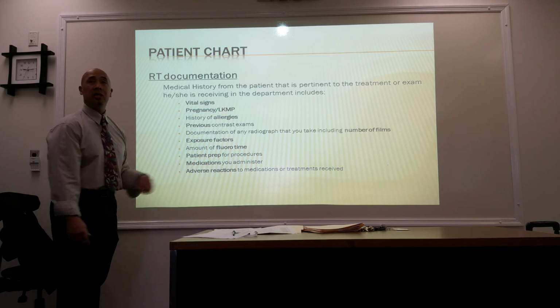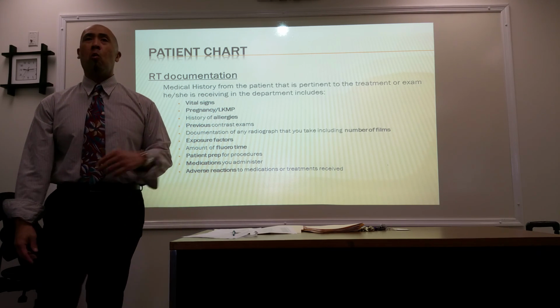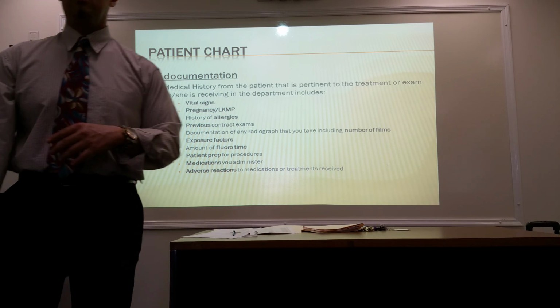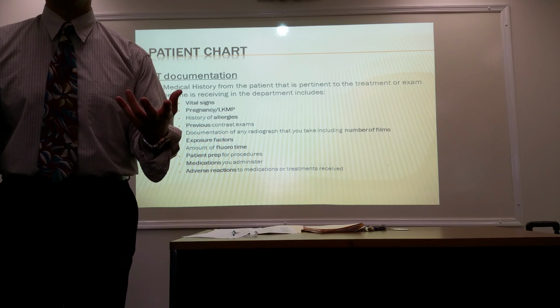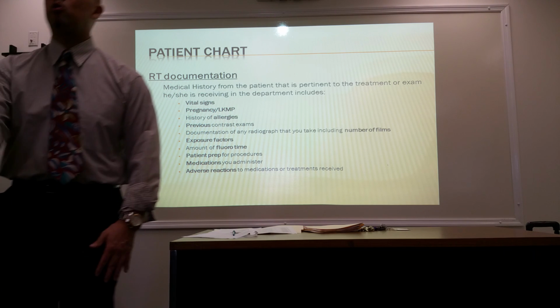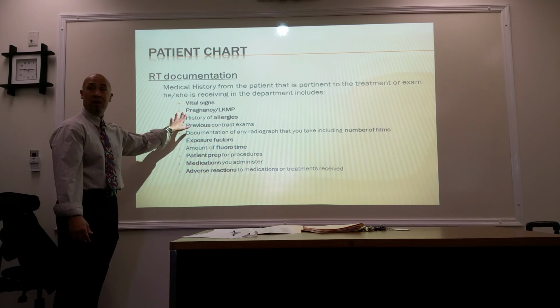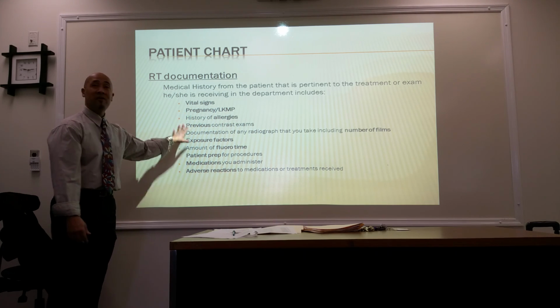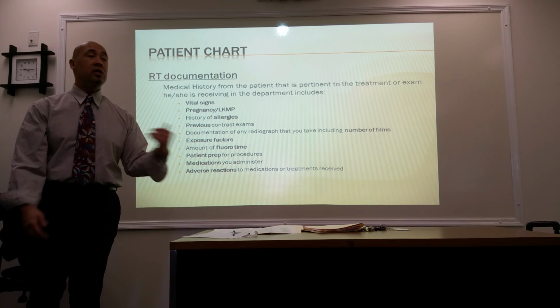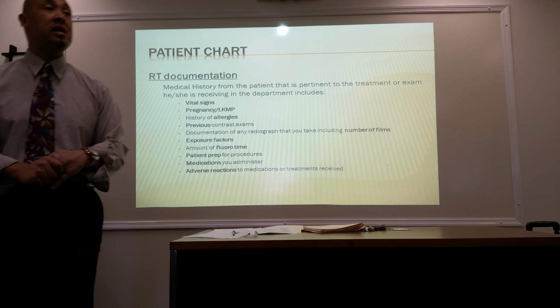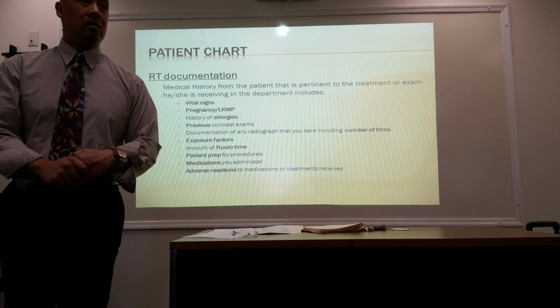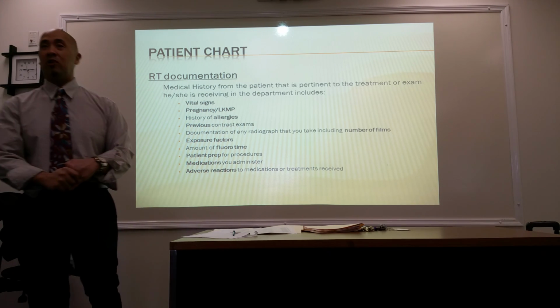We need to know this. Why is that important for us to know? Because we're using what? Radiation. We're using x-rays, radiation for the procedure. So we have to make sure they're not pregnant. History of any allergies pertinent to iodine contrast media. What kind of allergies do you have? Are you allergic to foods or